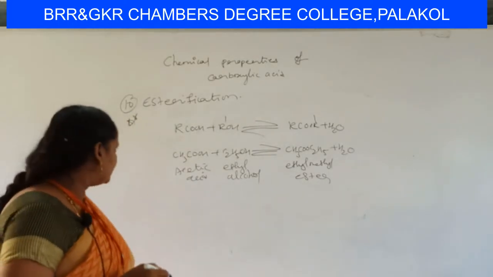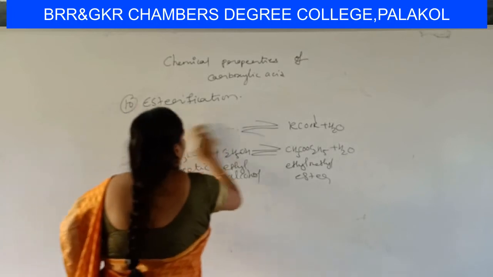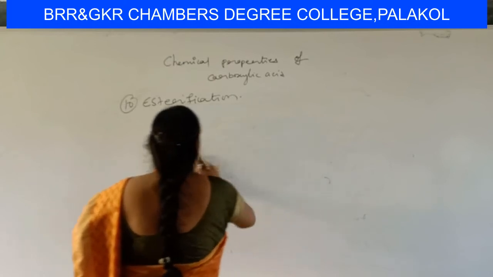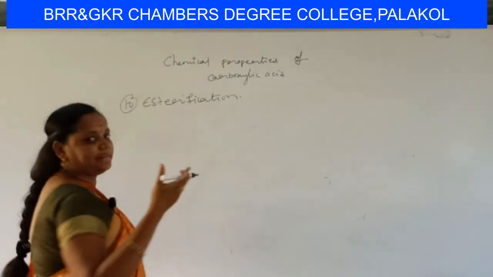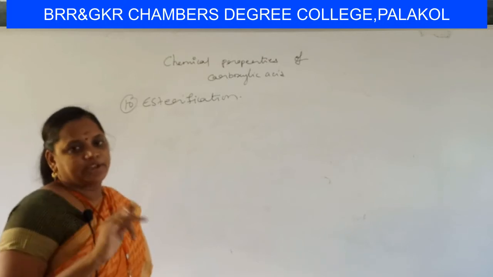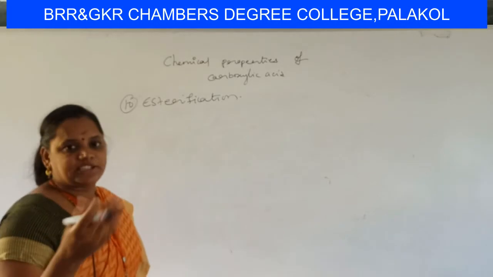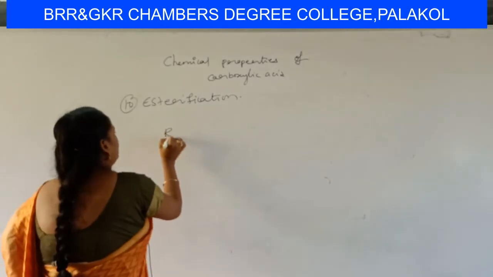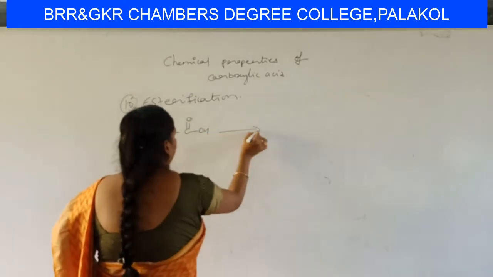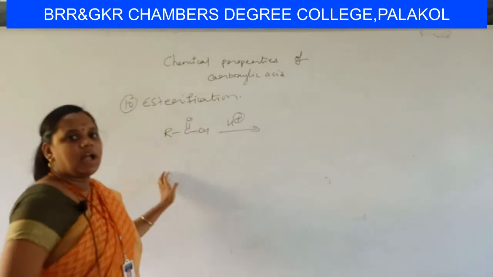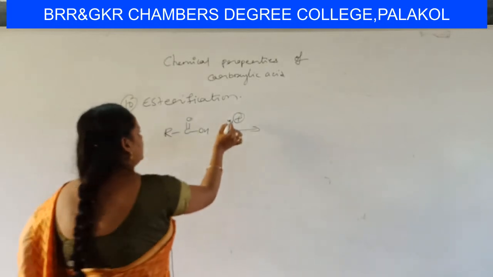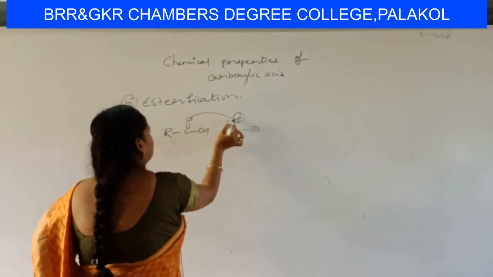Okay, students, let us see the mechanism. I will write the mechanism generally so that you can practice by writing CH3 groups, methyl groups or ethyl groups in the place of R groups. RC double bond OH. First H plus is added to R C double bond OH. So this will take up H plus.